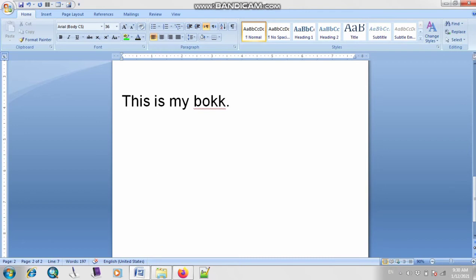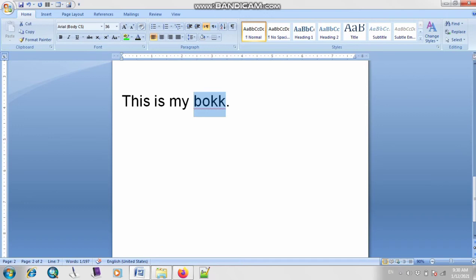And how can I find that the spelling of book is wrong? Can you tell me? Dian, can you tell me? Abul Hassan, can you tell me? Is the spelling of book true or wrong? How can I find it? Yes, it's also very simple and easy. You just have to see the underline here. As you can see, the spelling of the word book is wrong.